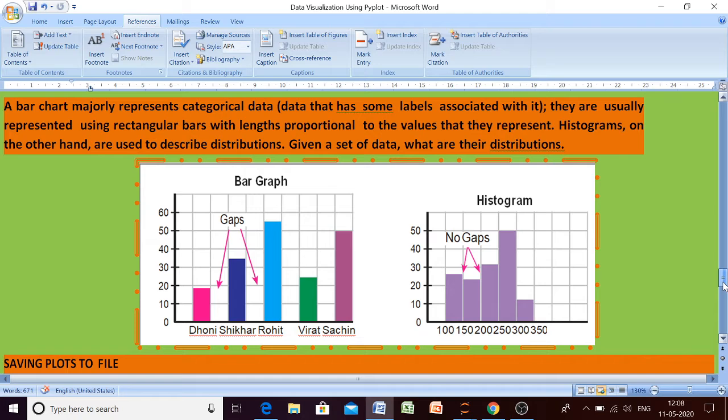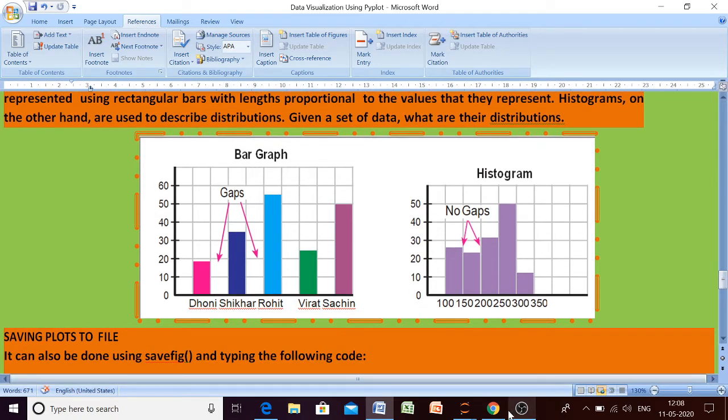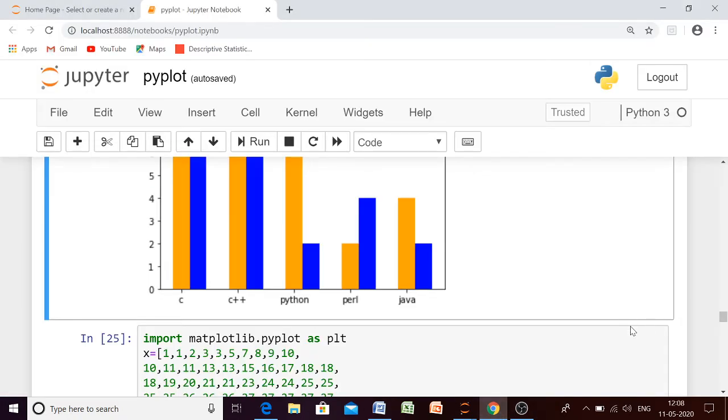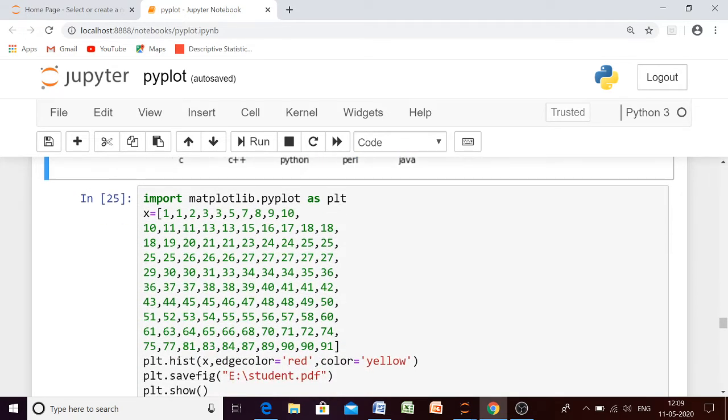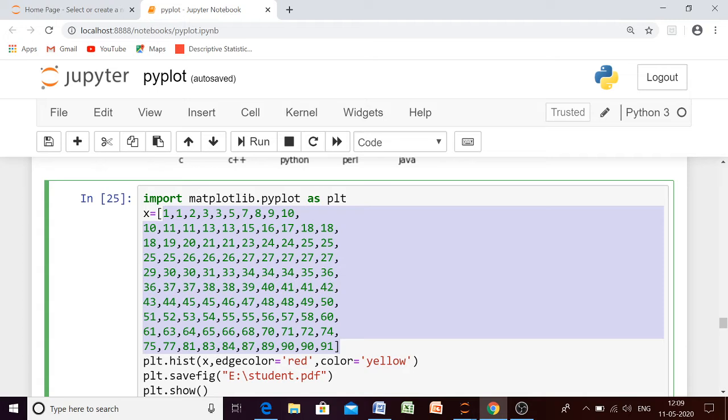We will discuss histogram creation using Python code. Here we have our data, and using this data we are going to create our histogram. Once again, the histogram will tell you about the frequency distribution.